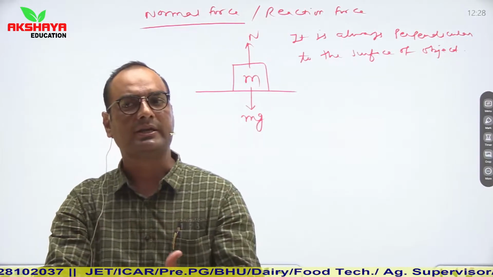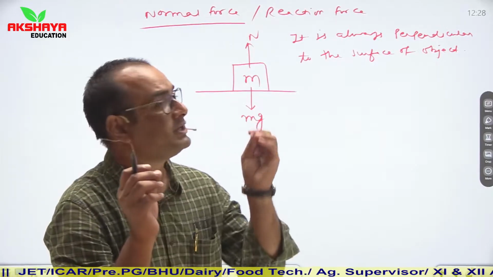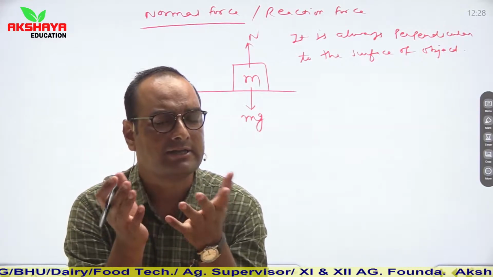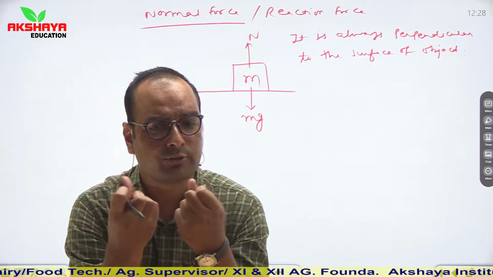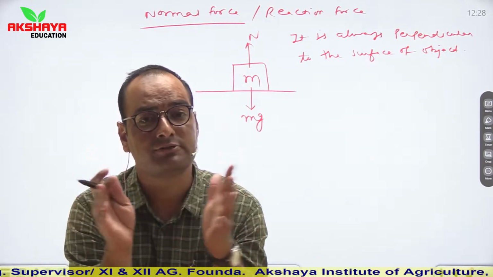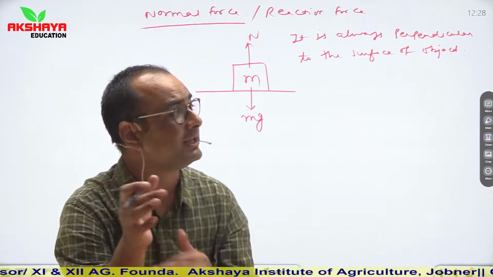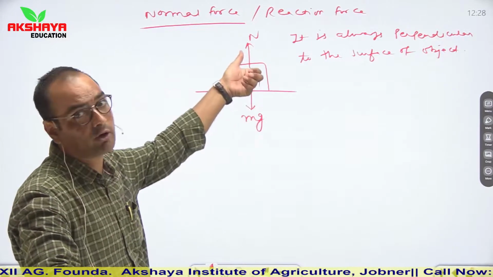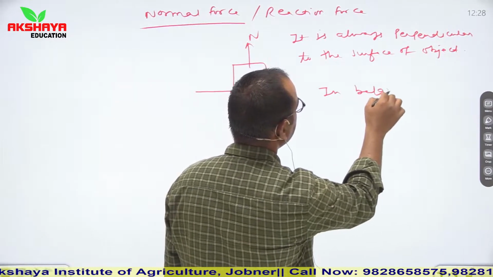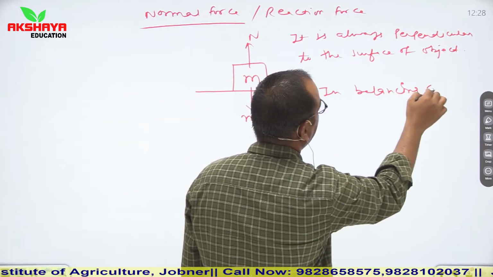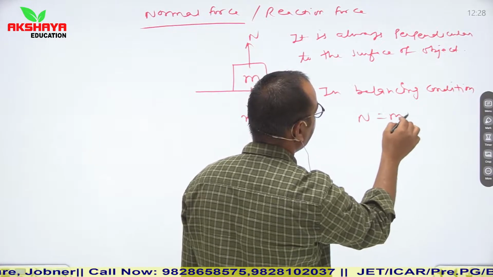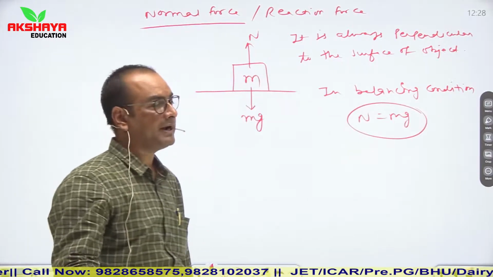It is a simple thing that mg, like weight, always causes pushing or pulling. Let us say if we are sitting on the ground, then there should be a force towards the earth. It means that force is balanced by another force. That's why we seem to be normal at any place, and that force which balances it is the normal reaction force. So in balancing condition, N becomes equal to mg. It means normal force is balanced by the weight of the object. So this is another pattern of force.